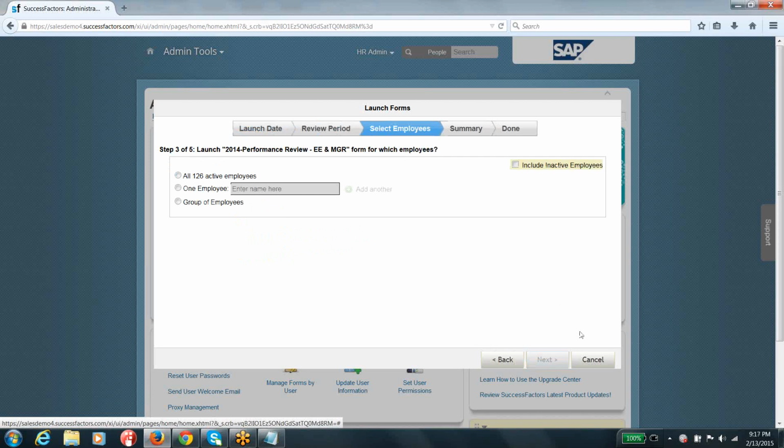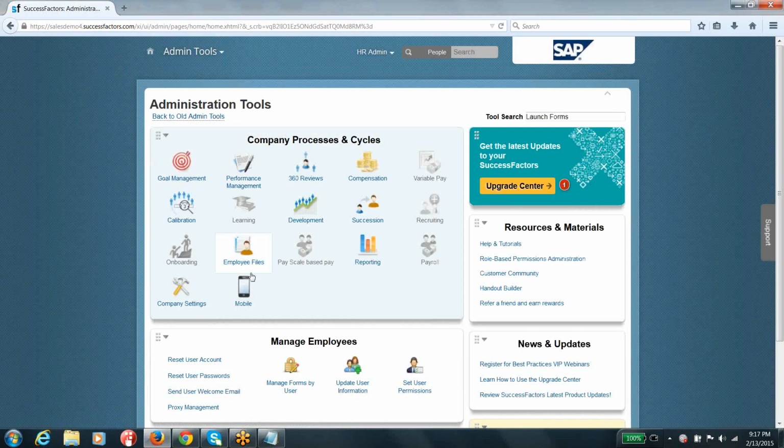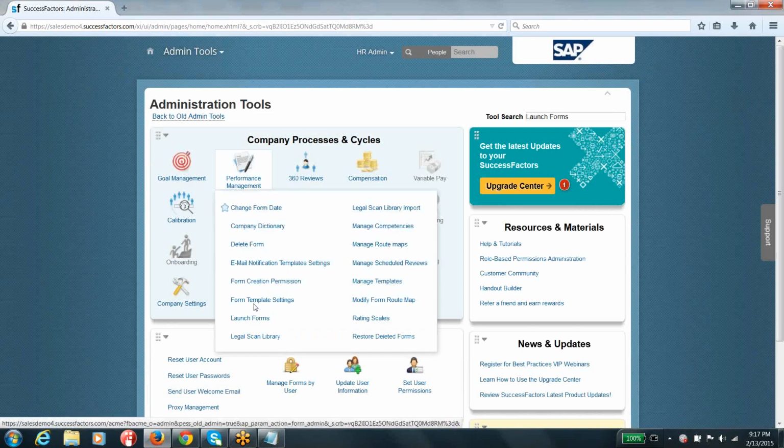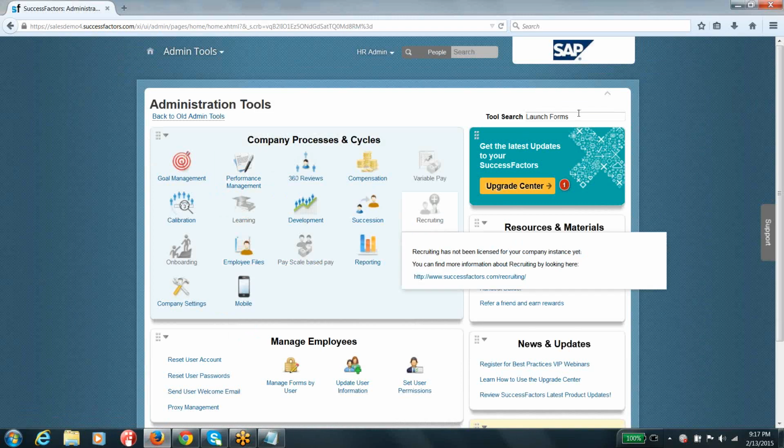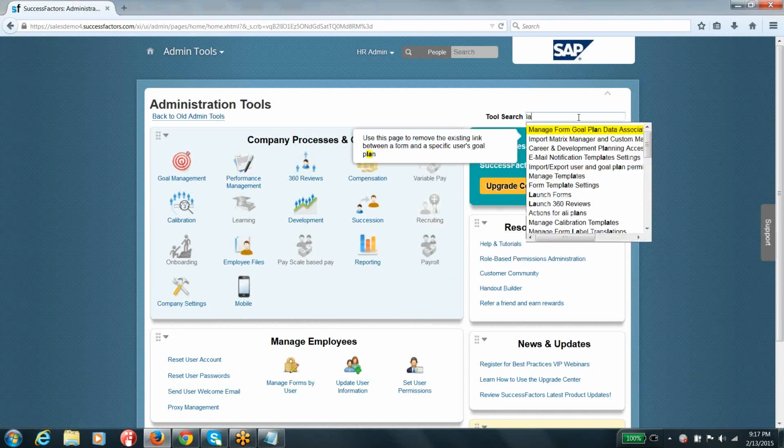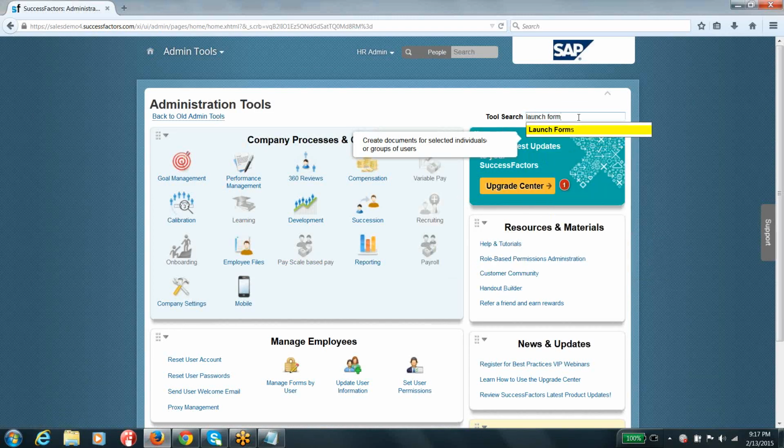Yeah, Rupesh. Under company settings, we don't see the launch form option there. It's not under company settings. It's under performance management. Yeah, this is the one. Or you can just start typing launch forms.